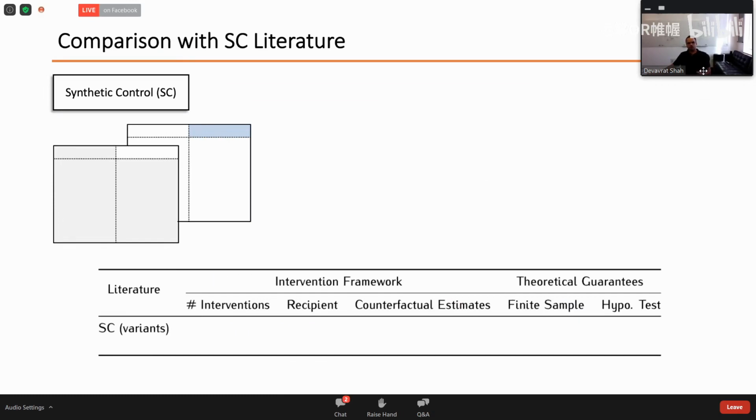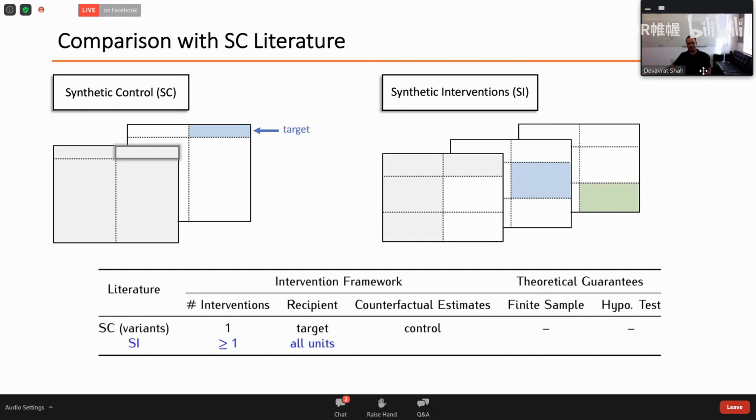All right, just to do a quick comparison with the synthetic control literature, and there's a very rich, very large literature. There's a beautiful survey that was written in 2019 by my colleague Alberto Abadie, so you should definitely look it up. But from a bird's eye view, synthetic control always focuses on just a target. There's one row, one intervention, and it talks about only control. And details of generalization error have been missing. The good data-driven test, but quantitative guarantees for them are missing.